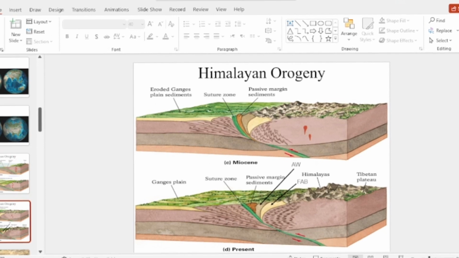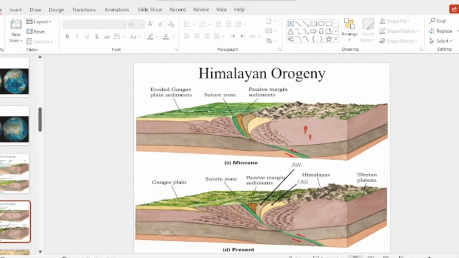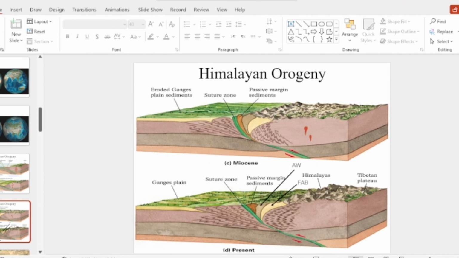Meanwhile the continents are moving, the Indian continent is moving, and the scenario looks like the suture zone is here. The paleo margin sediments are closing this, the whole setup is coming very close to each other, and the paleo margin sediments get closer and closer, and there is a very huge mountain in the present time. You can witness a huge terrain of sediments and crystalline zones combined in that particular collided